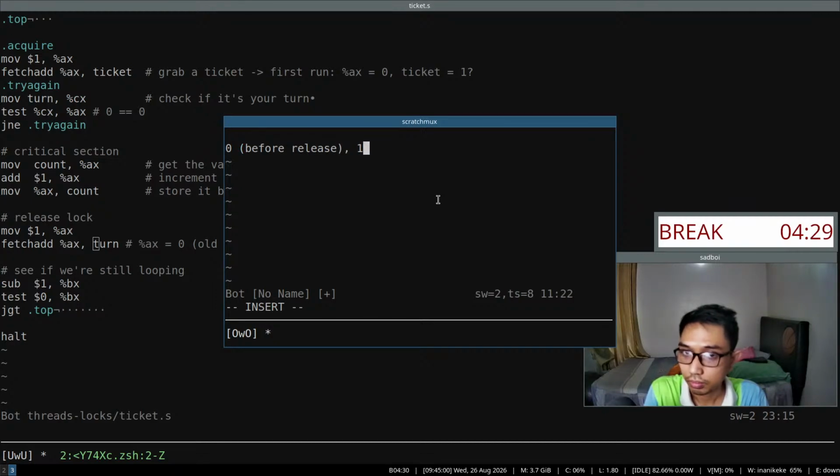And then increment by 1, increment not turn but ticket, right? And then on thread 2, if on